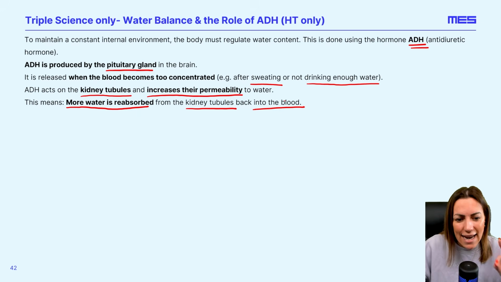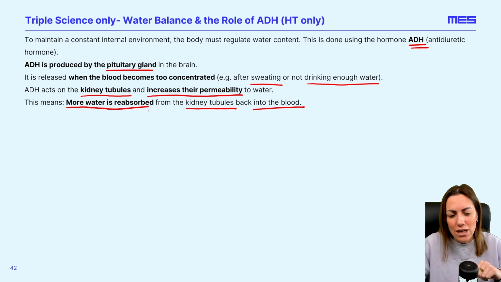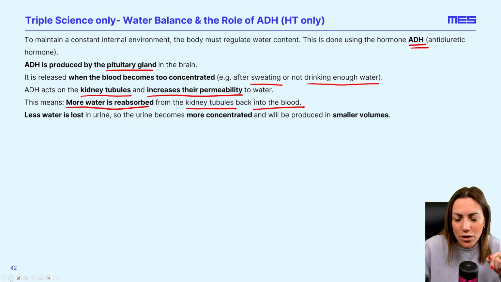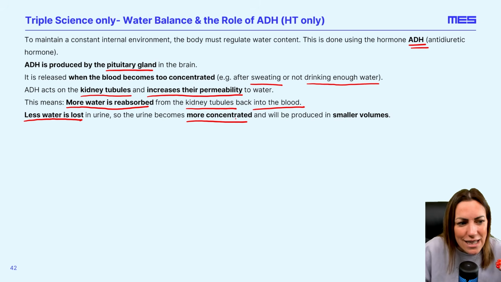Okay, so ADH released from the pituitary gland makes the kidney tubules more permeable to water, so more water gets reabsorbed. It goes from the kidney tubules back into your blood. Now, if more water is being reabsorbed, this means less water will be lost in your urine. So your urine will be darker in colour, right? It'll be more concentrated because it has less water in it,